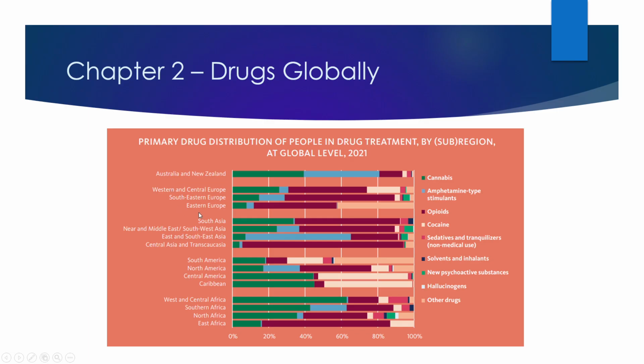So here we're talking about different parts of Europe. Big story there is opioids. See, we're seeing a lot. That's this color again, this dark region here. This is saying that most people in Europe are getting treatment for opioids. So that's a serious problem, more so than in Australia. In Europe, opioids big.